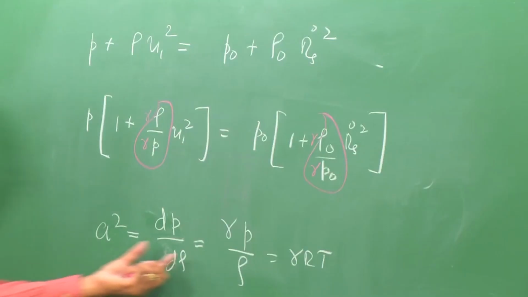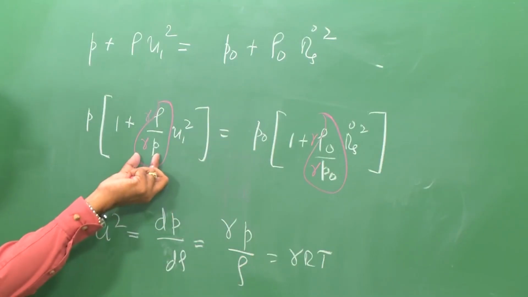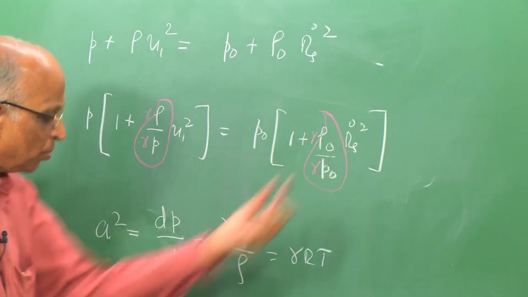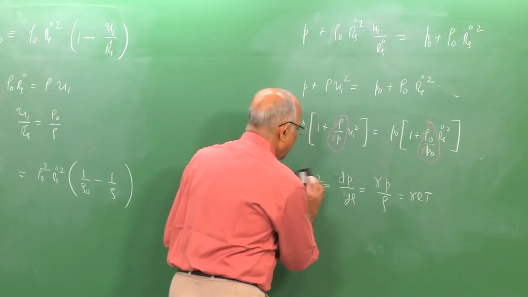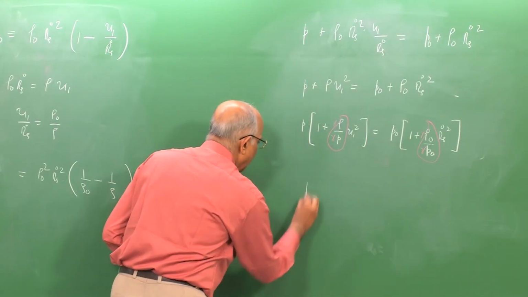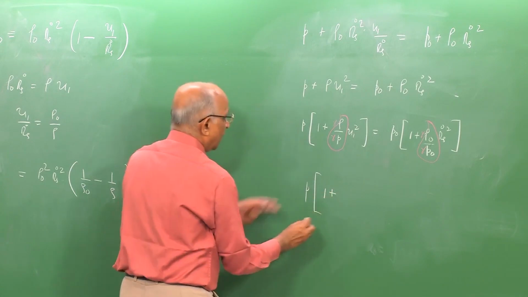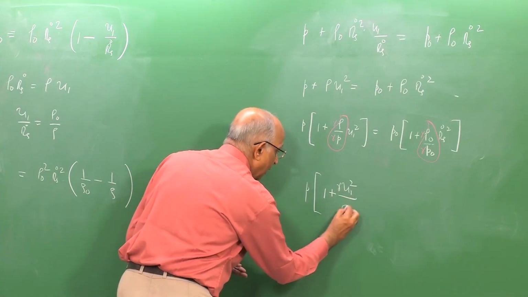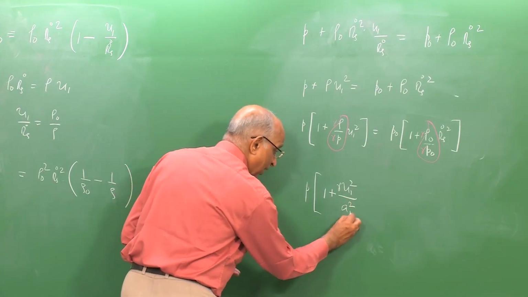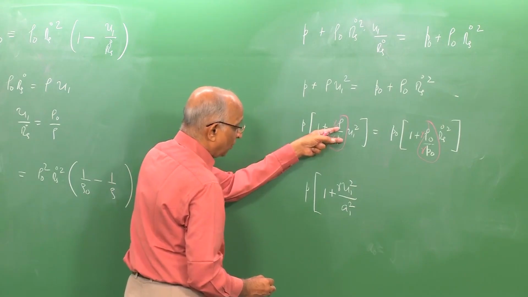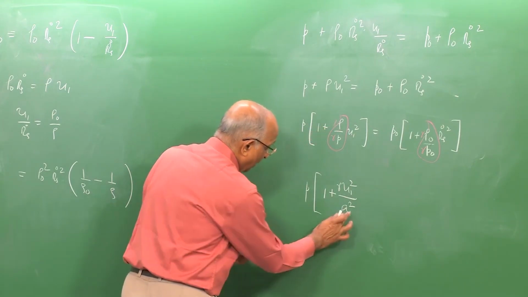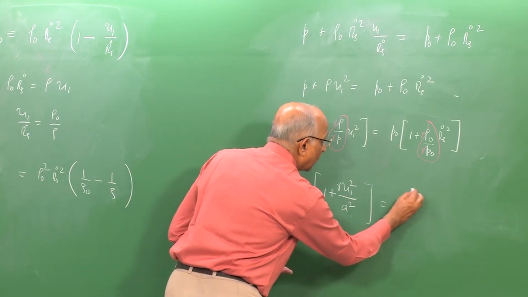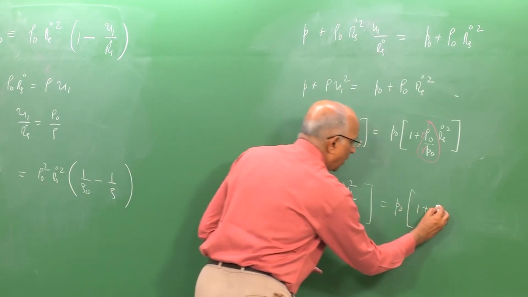And therefore, if sound speed is given by gamma p by rho, well, gamma p by rho is the sound speed behind the shock, gamma p 0 by rho 0 is the sound speed ahead of the shock, and therefore I can write this expression as equal to p into 1 plus, I have u 1 square and I have still gamma over here into A square behind the shock, which I call as A 1 now here, because it is gamma p by rho, it is behind the shock, corresponds to 1, which I could either call as A or A 1, distinct from the other side, wherein I get P 0 into 1 plus I have gamma into